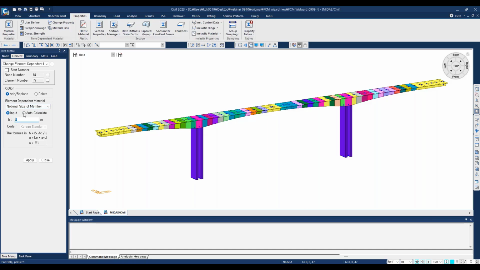That's what you have to understand when you are using this function of change element dependent material property. But here in our example, I'm going to use auto calculate. So the software is going to calculate the notional size of member of each section here in the model. So you need to select